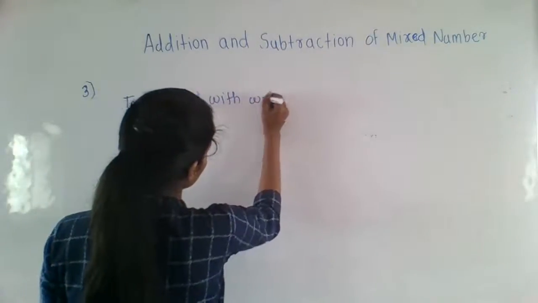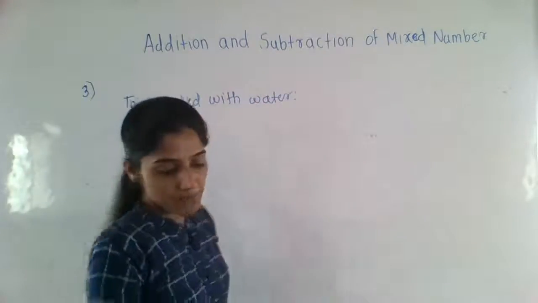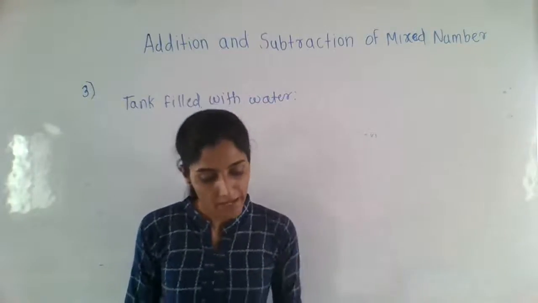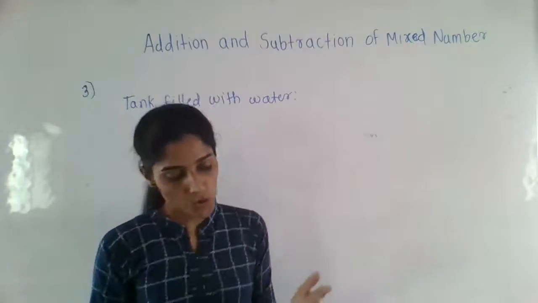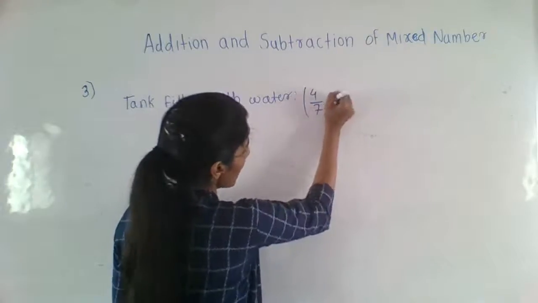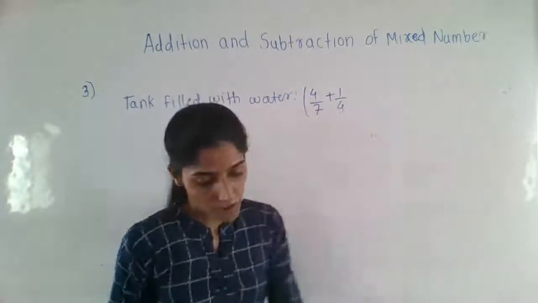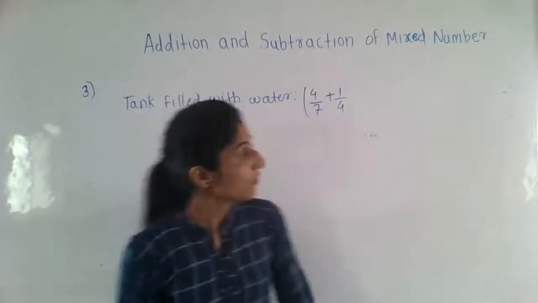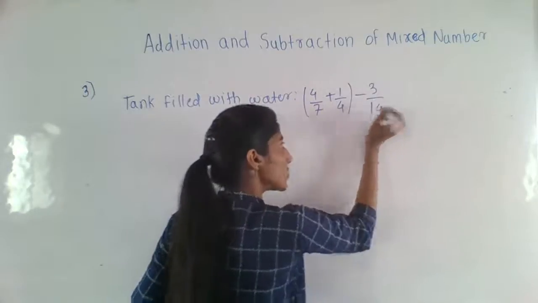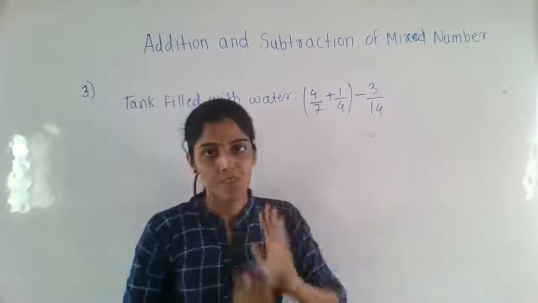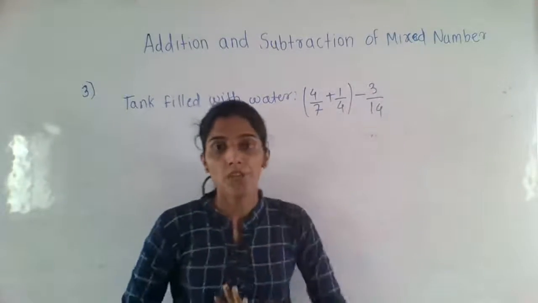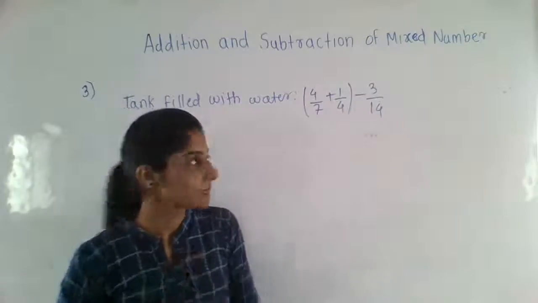with water. ओके, फर्स्ट पार्ट आहे कोणी किती पाणी, संदीपने किती दिले आहे 4 by 7, रमाकांतने 1 by 4 आणि 3 by 14 त्यातलं यूज केलं. ओके, म्हणजे दॅट इज द 4 by 7 which is then 1 by 4 आणि यूज किती केलेलं आहे 3 by 14 means त्यातनं सबट्रॅक्ट झालं. ते का तर ते यूज केलं गेलं ना, त्याला वन ऍड केलं. They fill the tank with this water, but 3 by 14 of water used to water the garden.